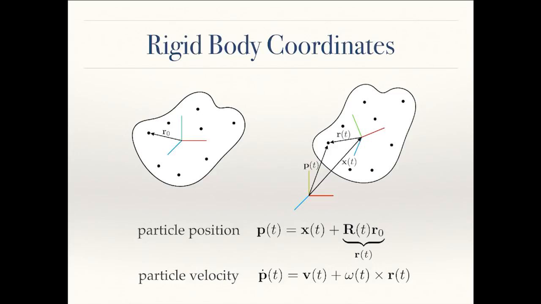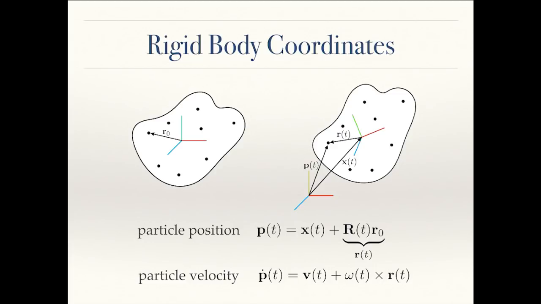If we want to know the position or velocity of any point on the body, these are the formulas that tell us that. So that particle at r0, as the body moves and rotates, it's going to be located at the rotated r0, which is R times r0 plus x, wherever that body is in space. So to find the position of this point on the body, we first rotate it to be in its current orientation, translate it,